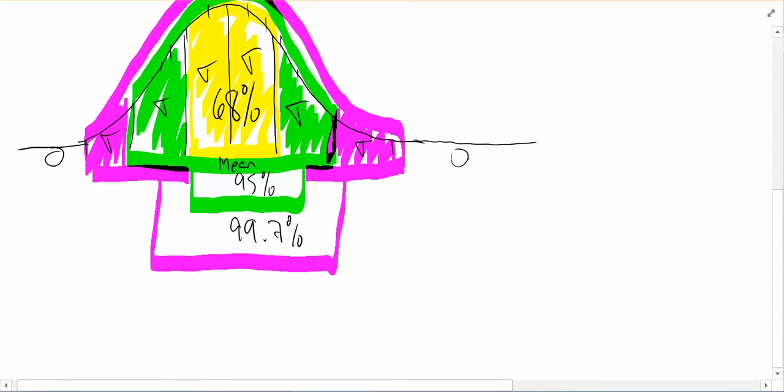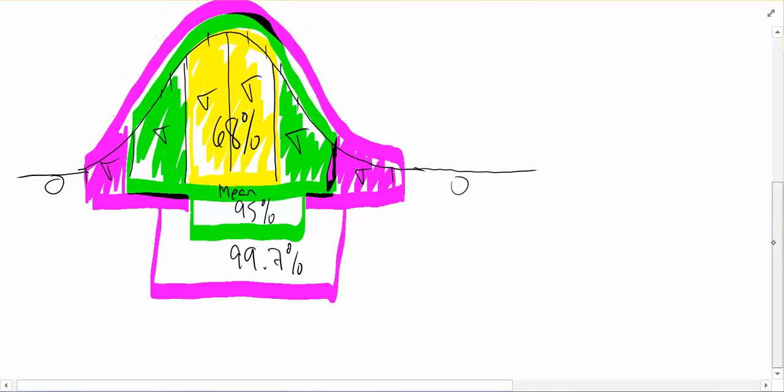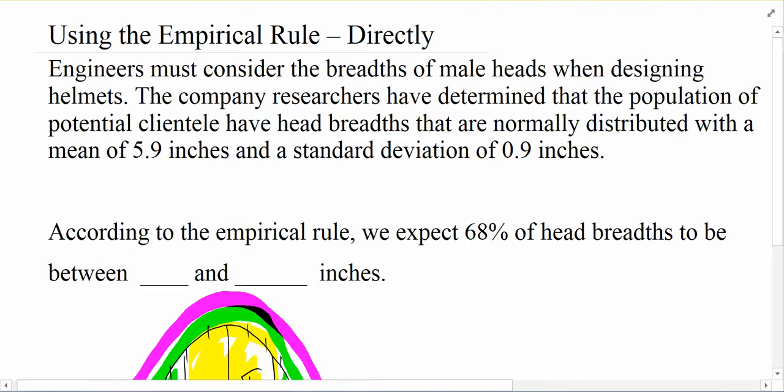Now this line continues out in each direction so that there's a little bit over here and a little bit over here, but not very many. Like we're talking about height, these are your 7'6" people, your 7'7" people that are way above what we would normally expect. But they exist. There's not a whole lot of them. They constitute about 0.3% of the population. This is the empirical rule, which is sometimes called the 68, 95, 99.7 rule.